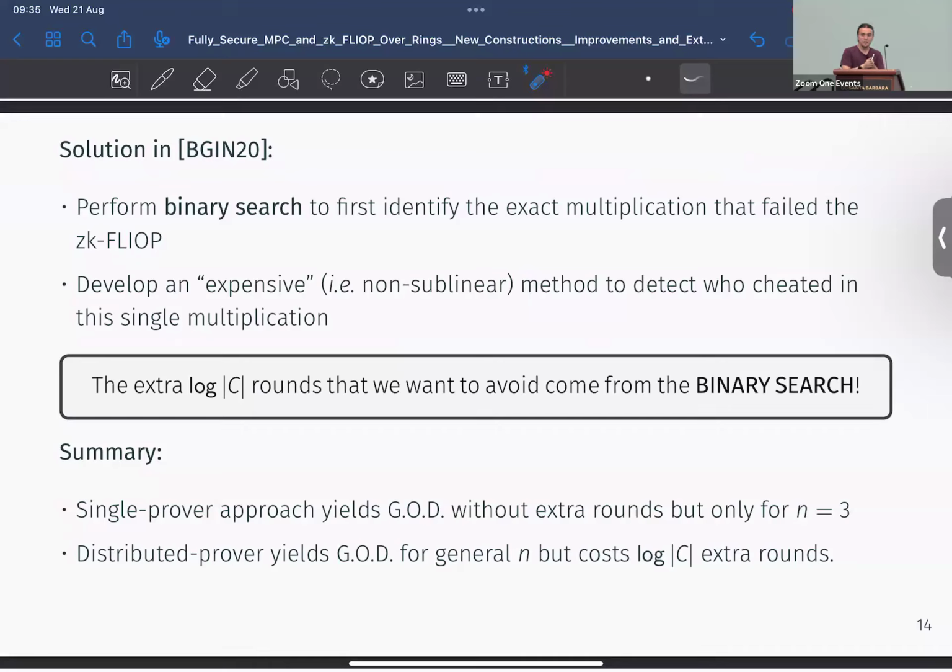And then once we identify the multiplication, we're going to react to this with an expensive operation that hopefully identifies who is the one that cheated. And this is where the extra log C terms come from. You have to make this binary search to be able to identify what is the multiplication that failed. So the single prover approach works for n equal to 3, but not for general n. And the distributed approach works, but it costs this extra log C.